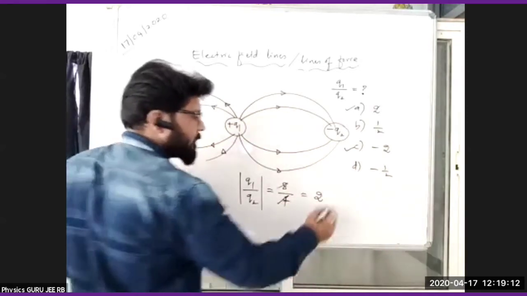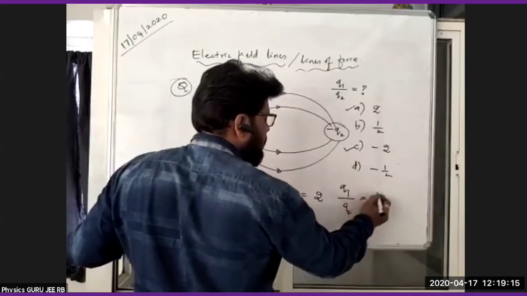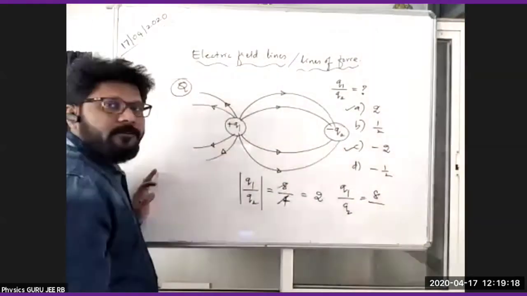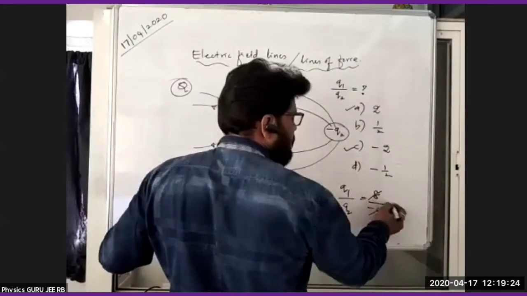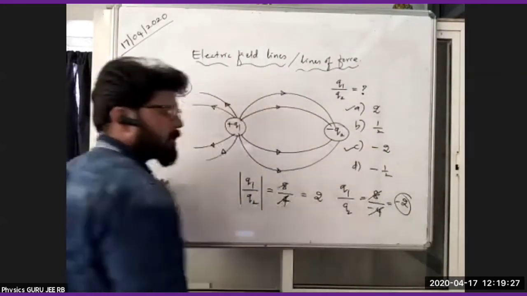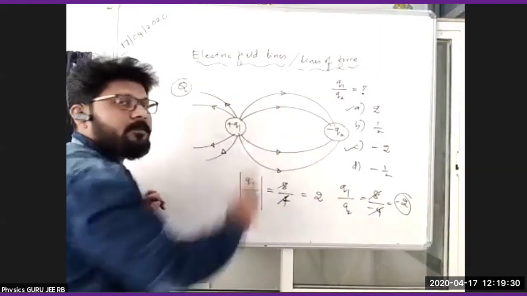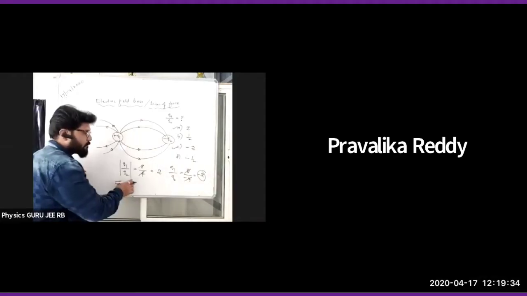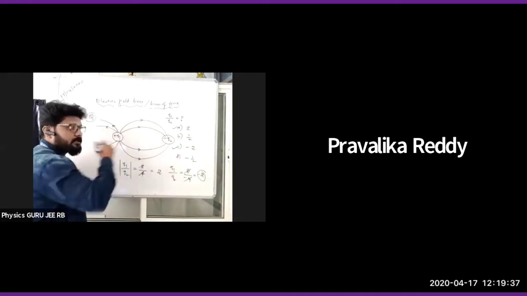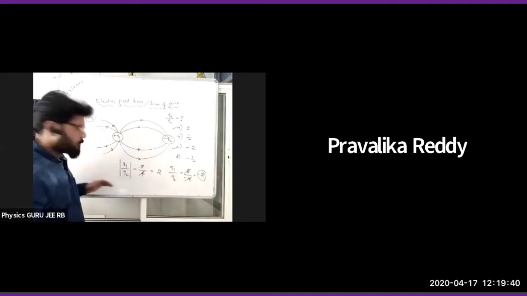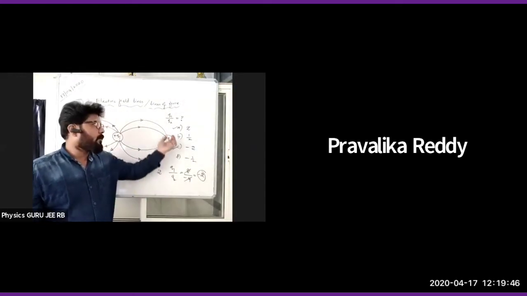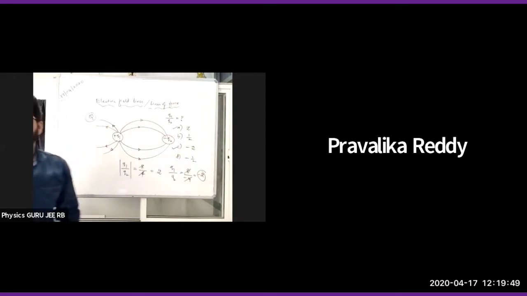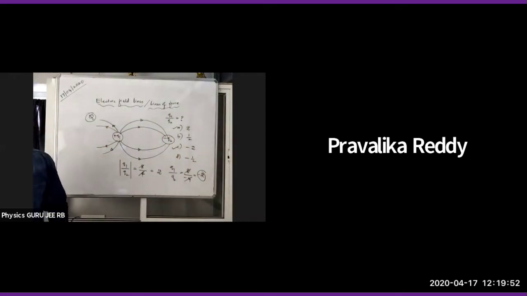Right. If he's saying Q1 by Q2, Q1 is 8, this is nothing but negative charge. So we have to consider minus. So minus 8 by 4, that is minus 2. So minus 2 will be the correct answer. If he gave the magnitude, then 2 will be the correct answer. So most of them got confused and kept it as 2. But the answer is minus 2. Is it clear, this one? All of you? So magnitude of Q1 by Q2 is 2. Only Q1 by Q2 is minus 2. Got the answer clearly? Yes, all of you? Any doubts?